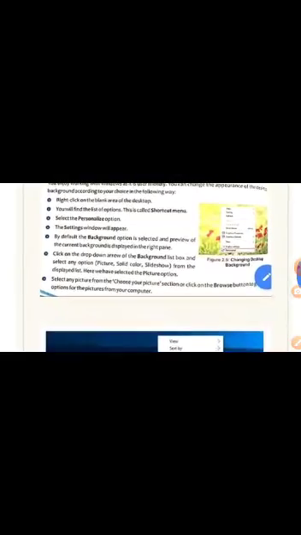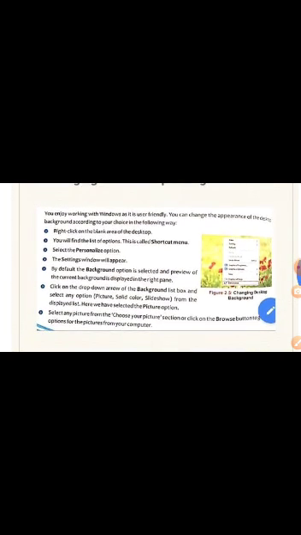These are some key terms. Personalize, background option, browse. All these are the keywords of this topic. So you need to get used to all these things for good understanding of the topic.